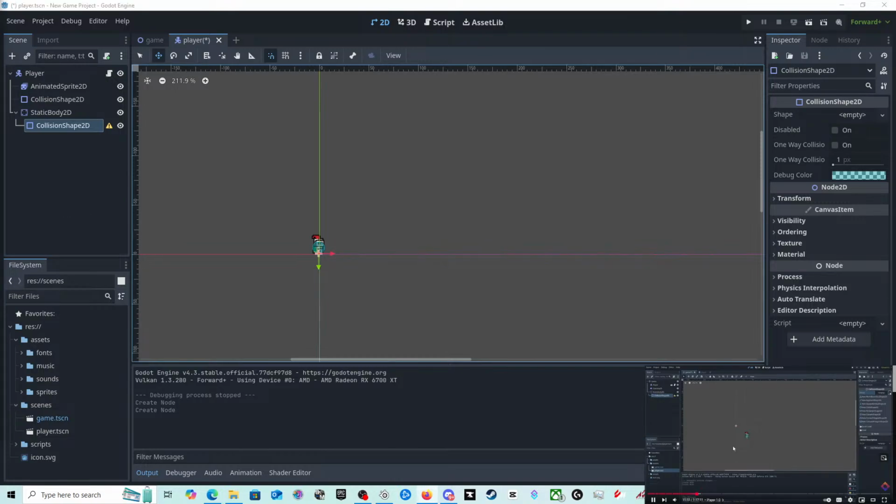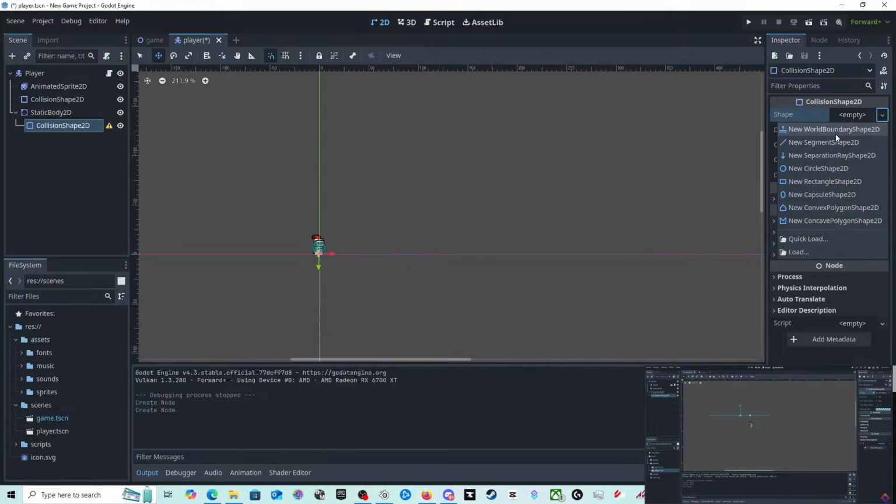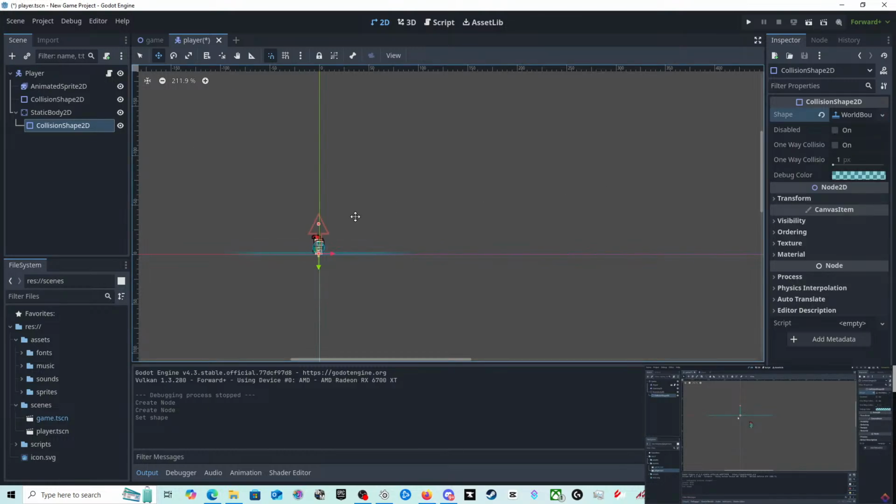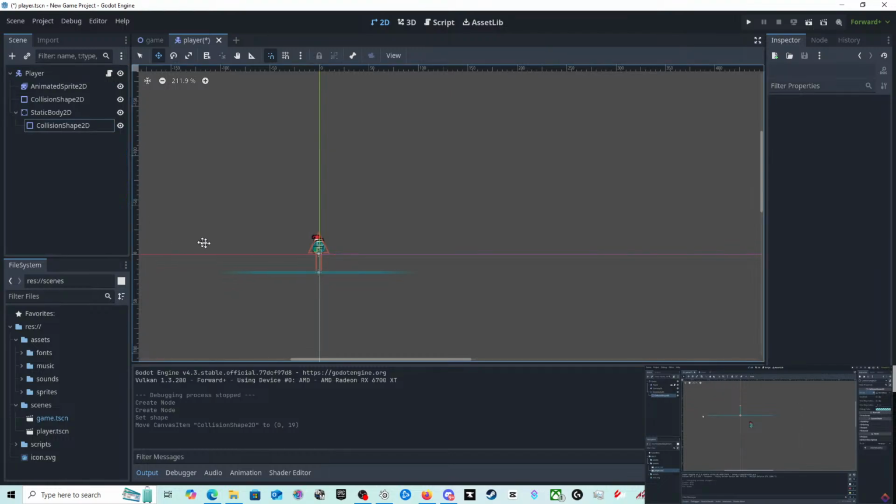Right, it's fine. We're getting it. Create a new world boundary. The world boundary is a type of collider that is perfect for stuff like, well, world boundaries, because it's going to extend infinitely on the horizontal axis here. As you can see, it's currently pointing up. We could also point it to the side here, and now it's going to extend infinitely on the vertical. Starting to make a little bit more sense now.